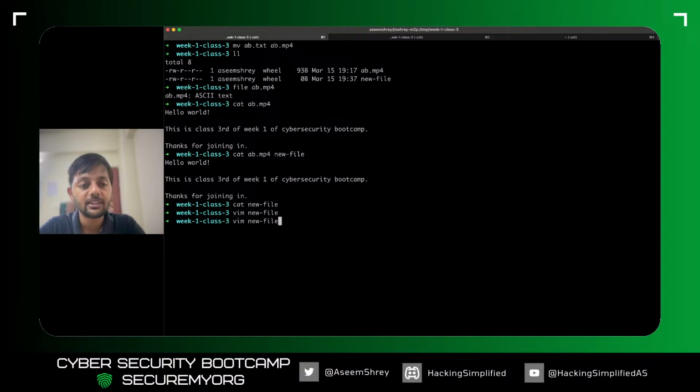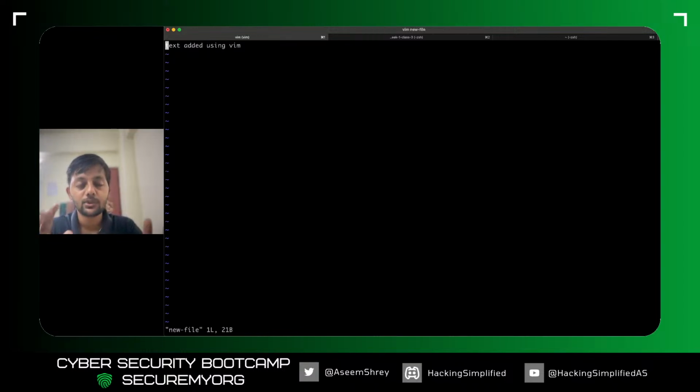The other way to save it in vim is, so see, to start typing in vim, you can't directly just type. Let's say I try typing B and anything, I'm not able to type because it doesn't straight away start typing. First, you have to press I. If you see at the bottom, now I'm in insert mode, so I can insert text into it.